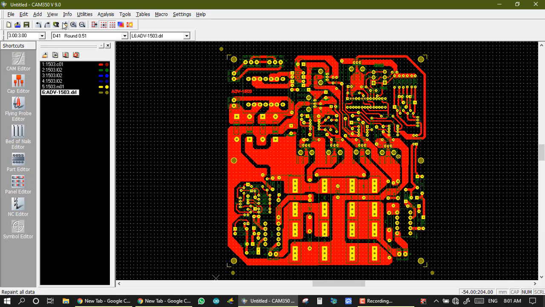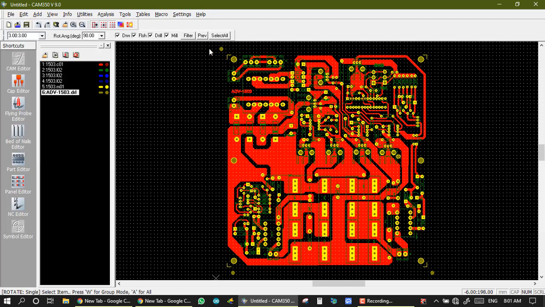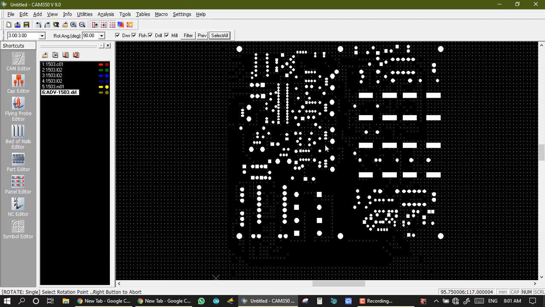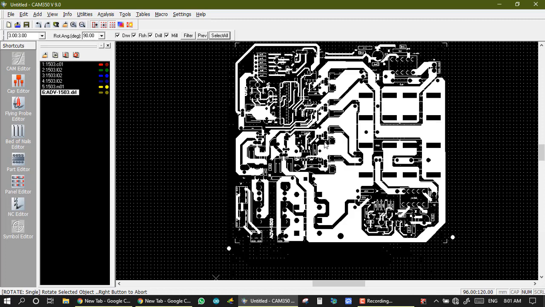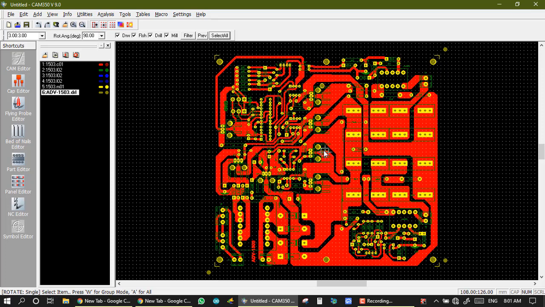For this we go to rotate, select all and click on it. So it is the rotate process. Now my X axis value is high and Y axis value is low. So this is the use of rotate in editing a Gerber.